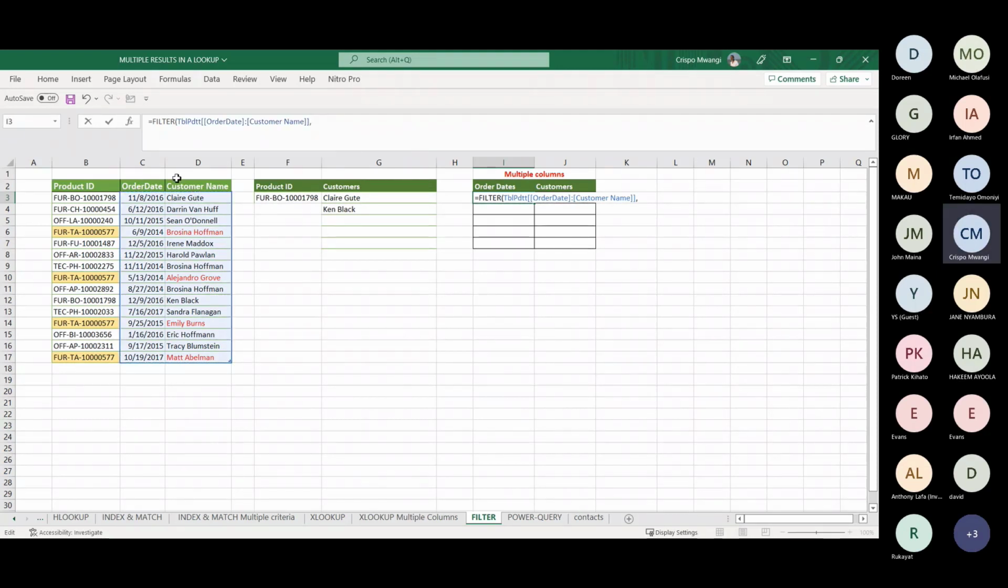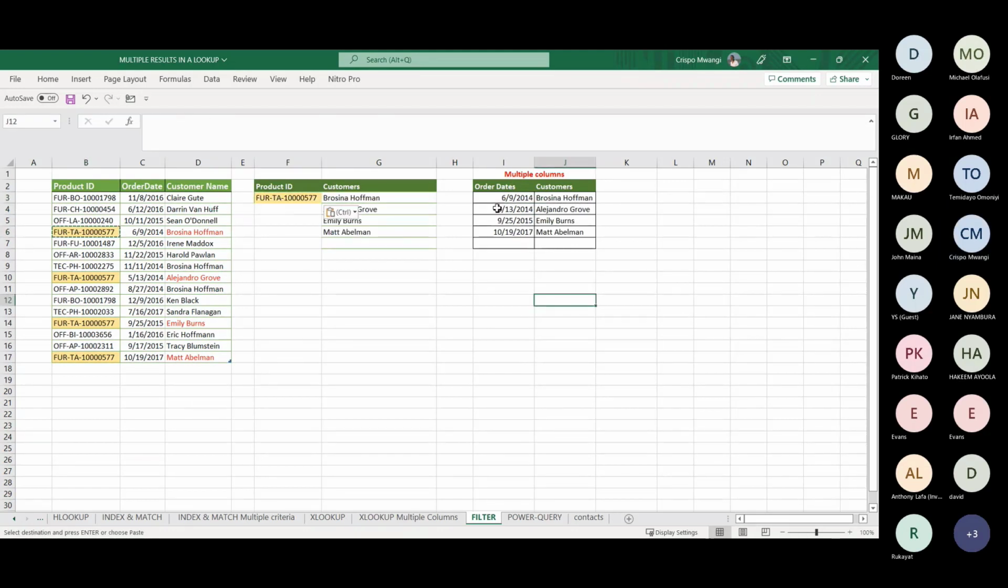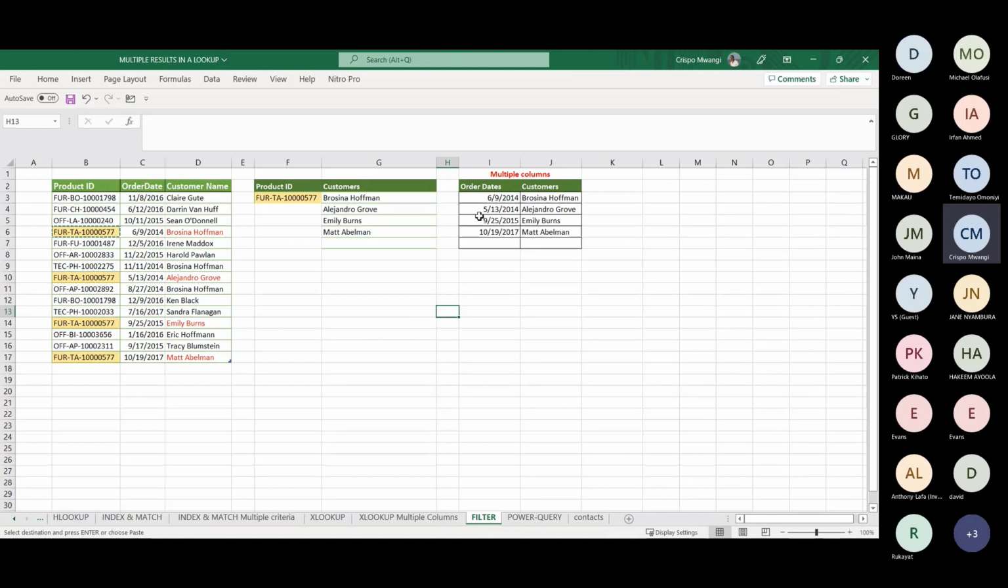The same thing, what do you want to include? You want to include where the product ID is equal to this product ID. And that's it. So now you have your order dates and you have your customer numbers. Filter for me is one of the best lookup functions that we have. If you want to automate your data, you don't want your users to be using all these functions, you can